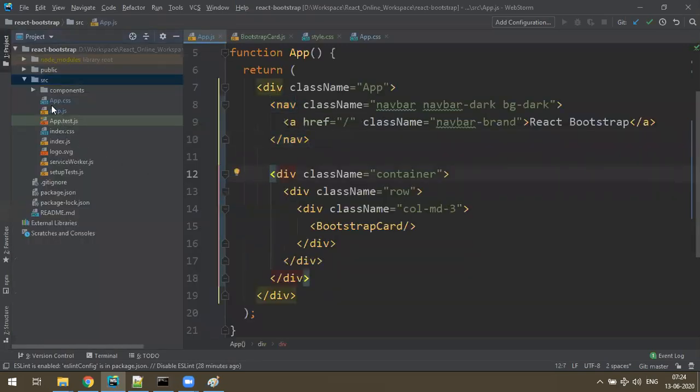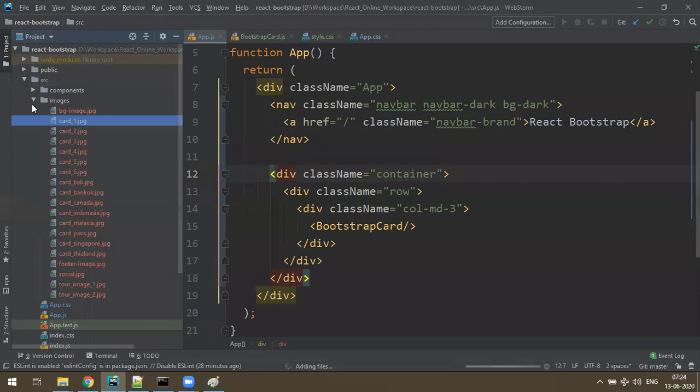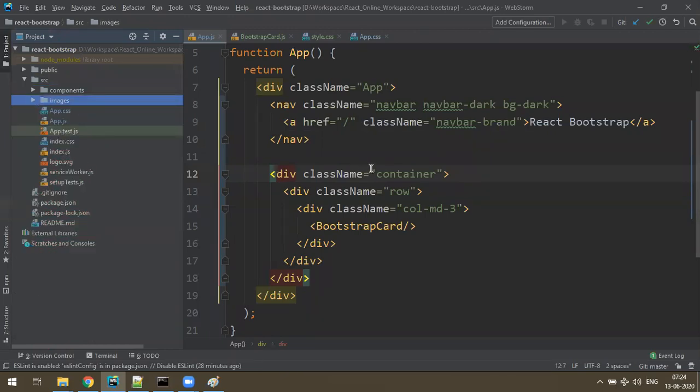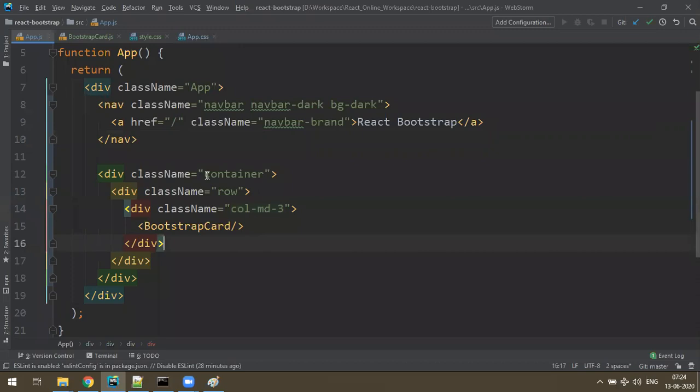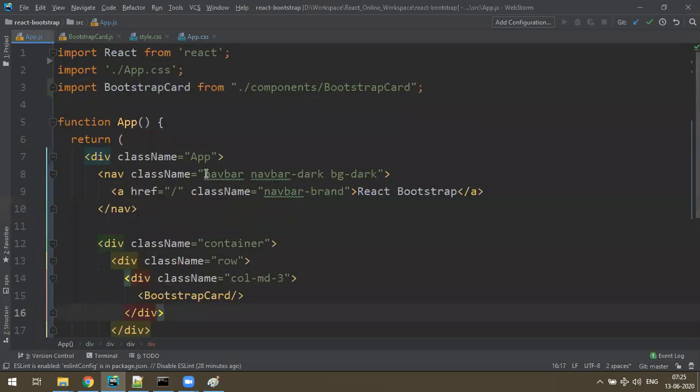is, you can keep them in the src folder. Okay, let me paste in the src folder. See, I got all the images in the src folder. Fine. Now I want to use that image over here in the bootstrap card. So what we do is, can we do one thing? Can we use the props concept here? Because yesterday we learned the props concept, right? So my plan is, I want to get the image here and I want to pass on the image to